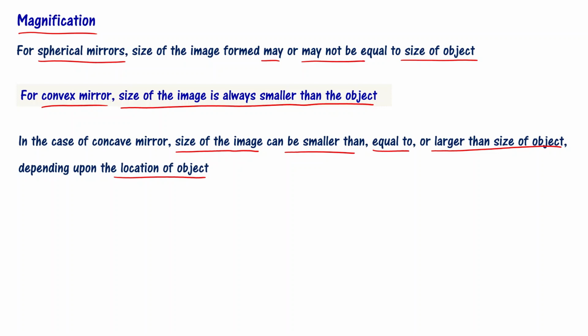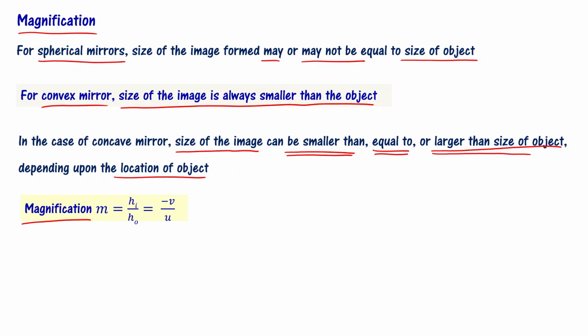The size of the image is going to be decided based on the distance from the pole of the mirror at which we place the object, and the focal length of the mirror. Sometimes the image is smaller, sometimes equal, sometimes larger than the size of the object, right? To find the size of the image, we have a formula called